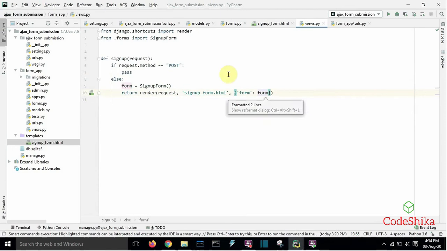Here we will display the empty sign up form for the get request.